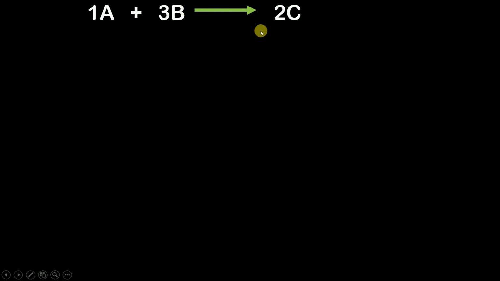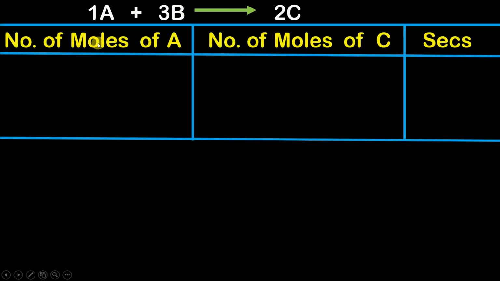It's your choice. So again, I am going to draw 3 columns, and let's say, for example, in 1 second, if 1 mole of A gets consumed, then you can see from the reaction itself, 2 moles of C will be formed. Am I right? For 1 mole of A that is consumed, 2 moles of C will be formed. What if 2 moles of A get consumed? If 2 moles of A get consumed, then 4 moles of C will be formed.